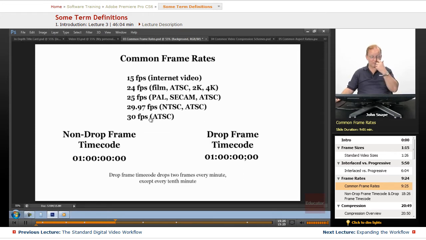But ATSC also has 30 frames a second. If you're actually broadcasting NTSC in grayscale, which I don't know anybody that does, but if you can, you can have that as 30 frames a second with no problem. If somebody's watching on one of those original grayscale televisions, it will display the image at 30 frames a second if you're broadcasting at that rate. And